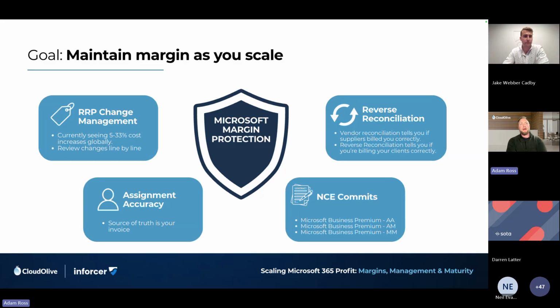And the assignment accuracy. So the RRP, it's crucial if it's going to be in the invoice. And this is where APIs, again, will fail you unless you're checking them constantly every single month. It's as manual as you can possibly get. It's not why APIs were really developed in the first place, of course. The source of truth must be the invoice on a monthly basis. Even the distributor can make a mistake. It will not show up in the APIs or in your PSA. It shows up in the invoice. Pure and simple. That's the amount of money that will leave your bank on a monthly basis. That's what we want to make sure is accurate.